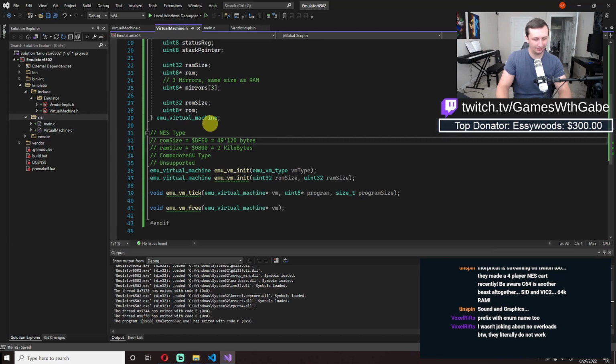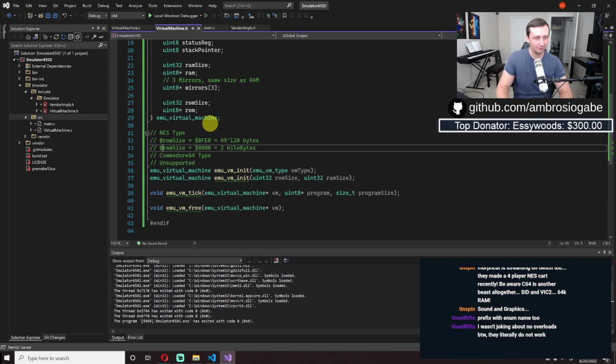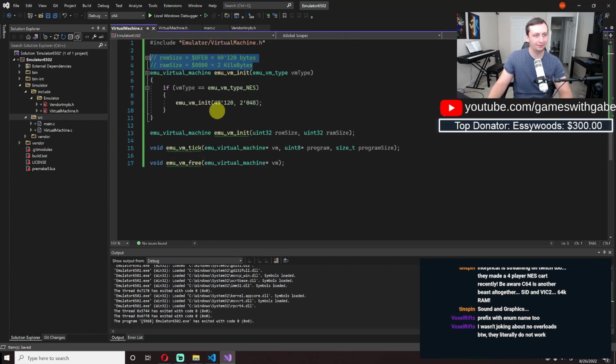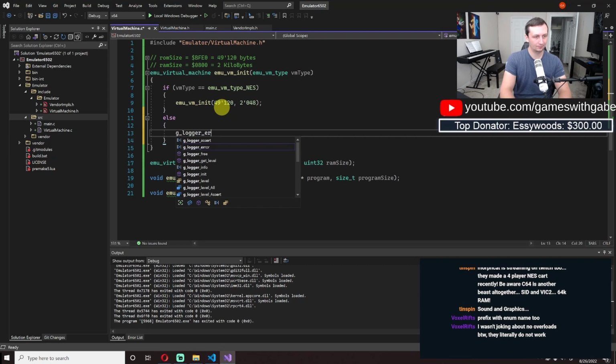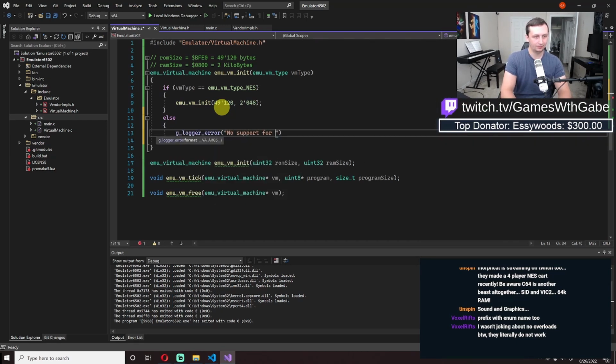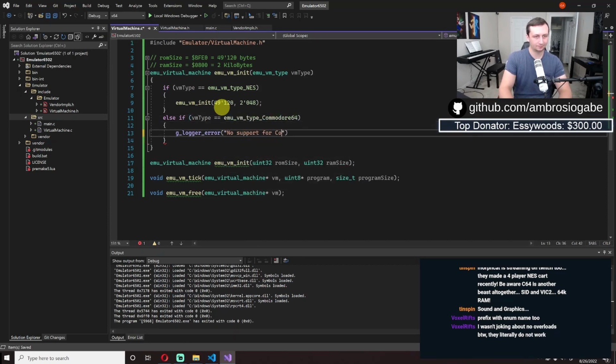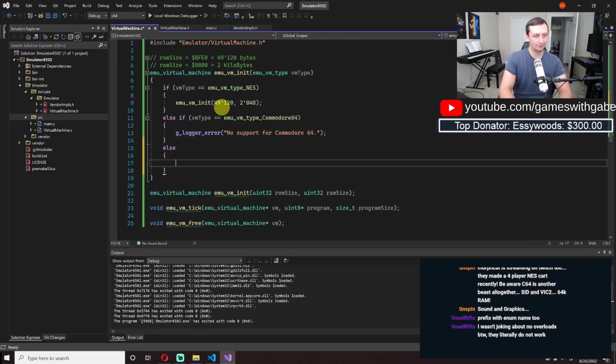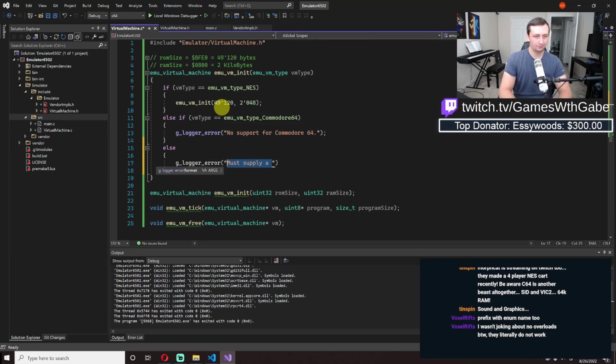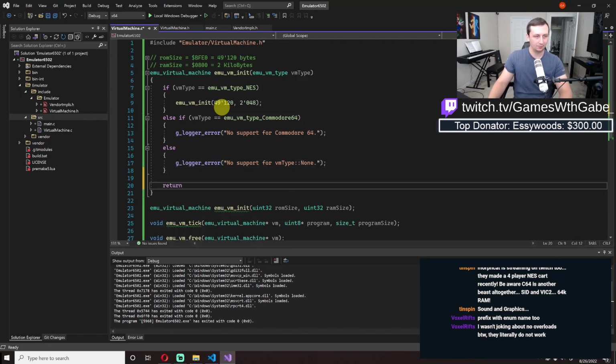Okay, we'll do that. Hopefully just make those a little bit more visible. So that's what it's initializing stuff to. We're gonna leave that unsupported for now. Else, no support for... let's actually just... okay, we'll do that. And then else... okay, we'll do that. And so if that happens, and also we want to return this,